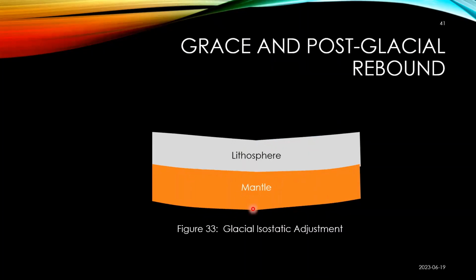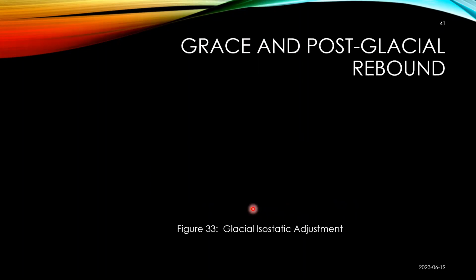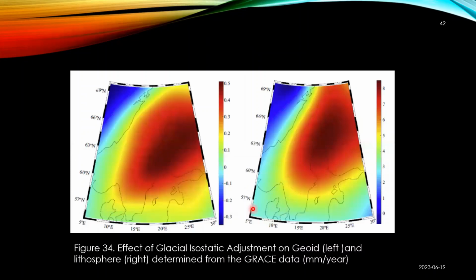So when they go away, the mantle pushes upward the lithosphere. Then it's called glacial isostatic adjustment. And I have done this, actually, published in my book. Actually, this is the changes of the geoid during the GRACE time. GRACE was 15 years of measuring the gravity field in Fennoscandia, because here